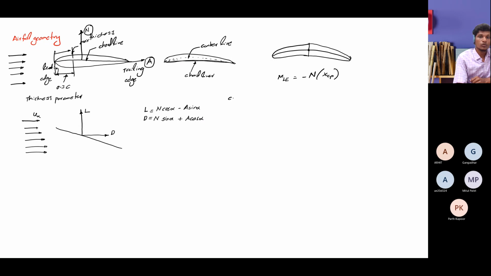And center of pressure, you need to understand the definition of center of pressure. Center of pressure is some point on the chord line. Suppose this is my center of pressure, I denote it as xcp, in some dimensional format. If I'm calling this the center of pressure, then what characteristic should it have? It means the resultant force due to the pressure distribution. I can get the pressure distribution at every point, and if I multiply with a small elemental area, then I will get the elemental lift force or elemental drag force at that point.